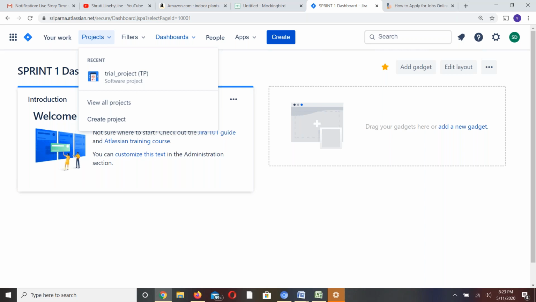Admin should be able to create the sprints, close the sprint cycle and start another sprint. All that should be done by the admin user, or if not an admin user, the scrum master will be given admin access to the Jira tool for a particular project, so that the scrum master should be able to do those things. Is that clear? Any questions?